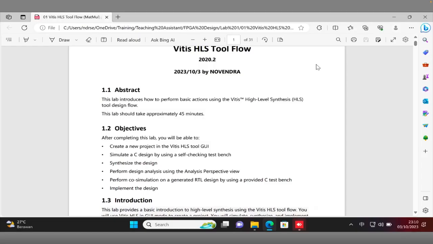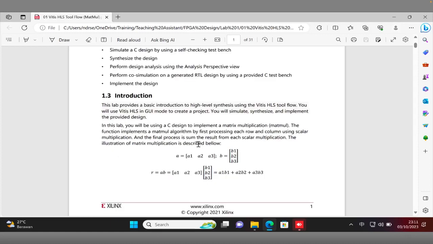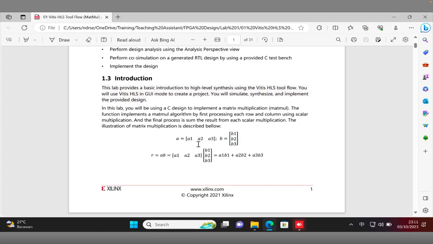Okay, hello everyone. In this video, I will show you how to do lab 1. In this lab 1, we will learn how to use the Vitis HLS tools and how to design the device. In this lab, we will design a device that has the ability to compute matrix multiplication, such as we have